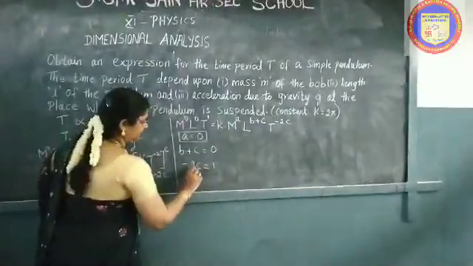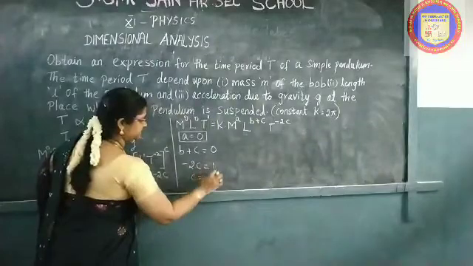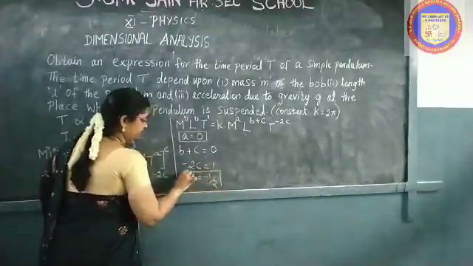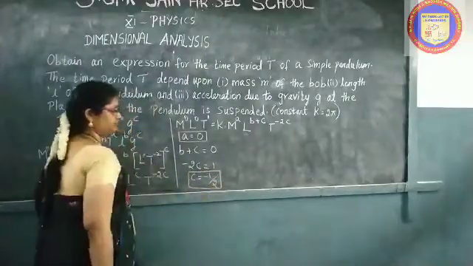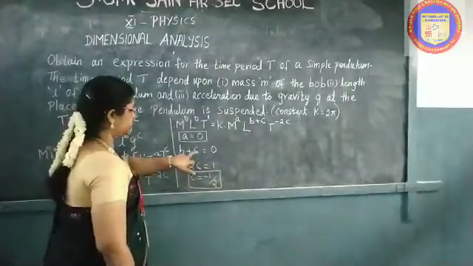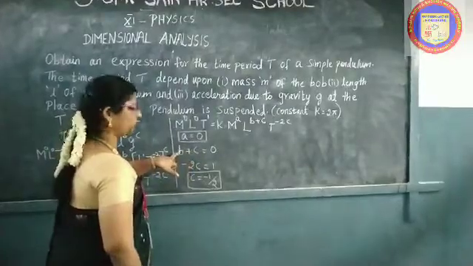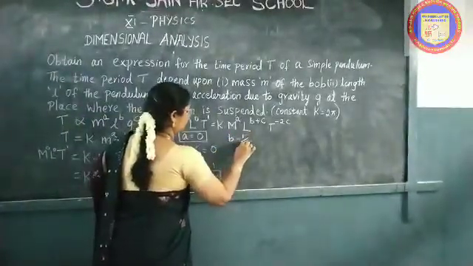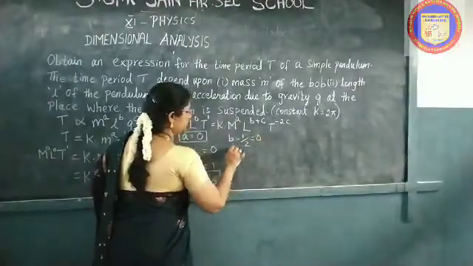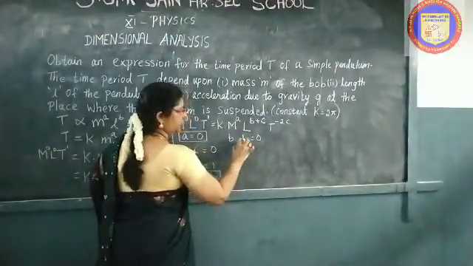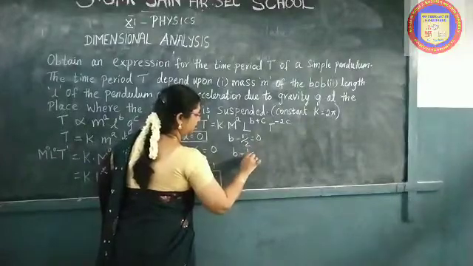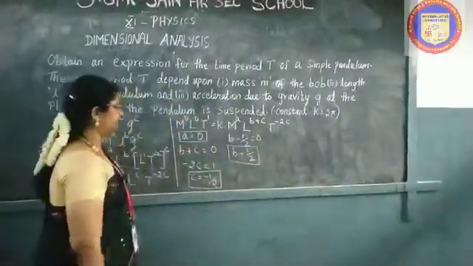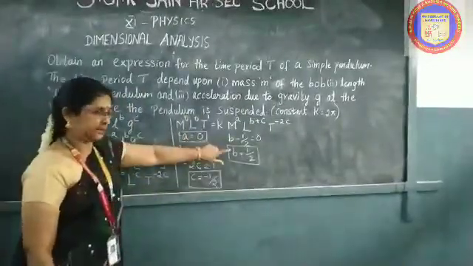So with c alone, the 2 will come down, so I have minus 1 by 2. So I got my c value, c is equal to minus 1 by 2. Substitute this value in this equation and find the b value. So b minus 1 by 2 is equal to 0. So b will be equal to minus 1 by 2, when it comes to the other side it becomes plus, so b is equal to 1 by 2. Now you got the values for a, b and c.